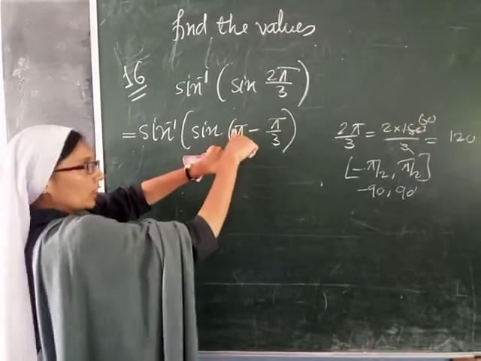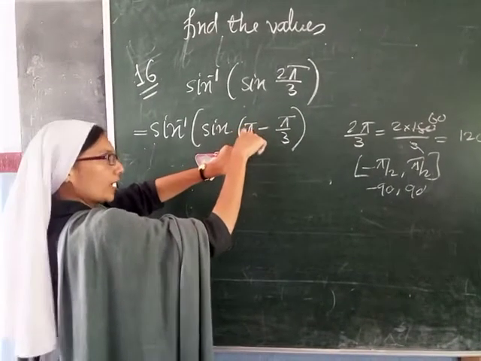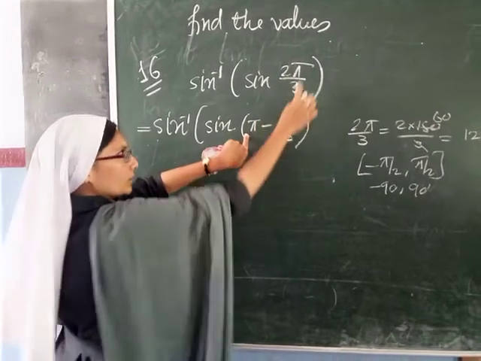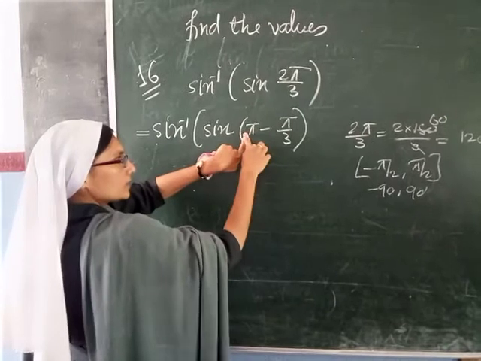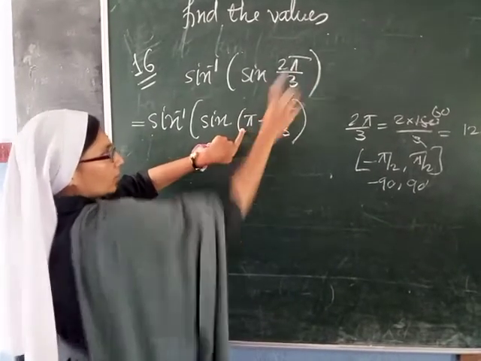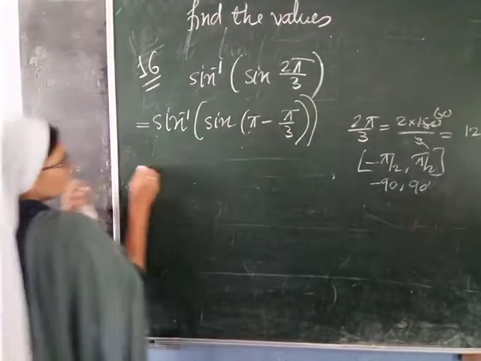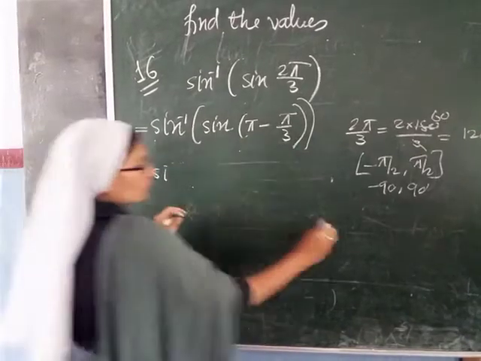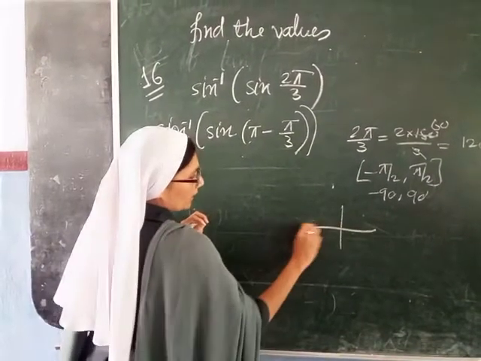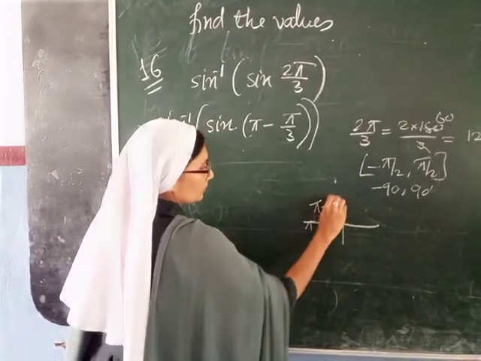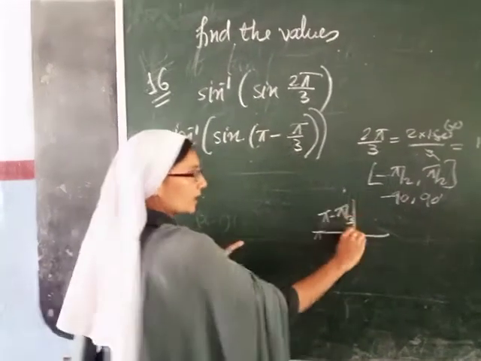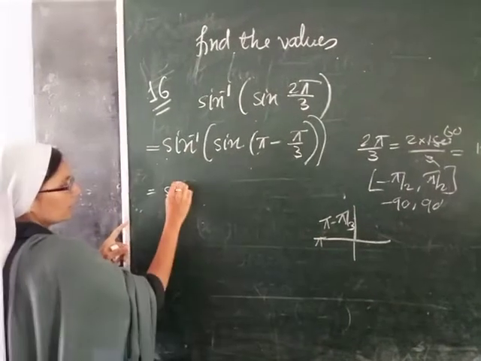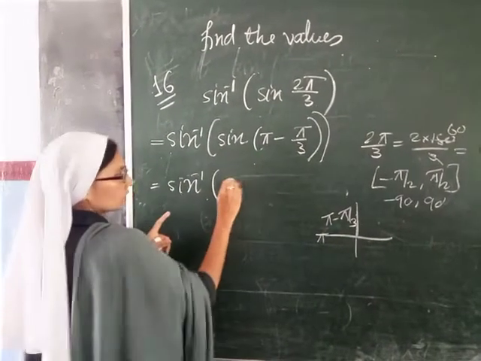It can be 3, it can be 2 pi, 5 pi, 6 pi, anything, but provided you get this value. So I have written pi by 3 here and then taken pi, because when I take LCM and simplify, I will get this. And this means the value is in the second quadrant. You know this is my pi, and pi minus pi by 3 will fall into this quadrant, and this quadrant sign is positive. So sin inverse, this is positive.